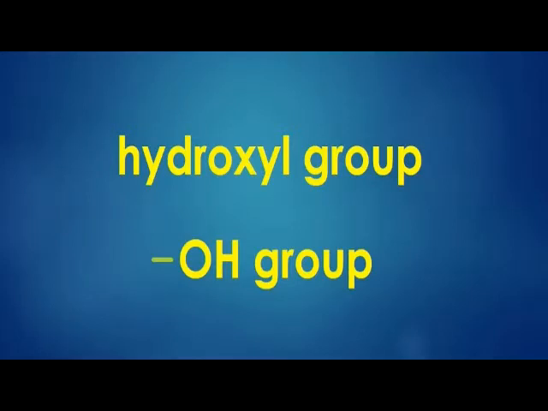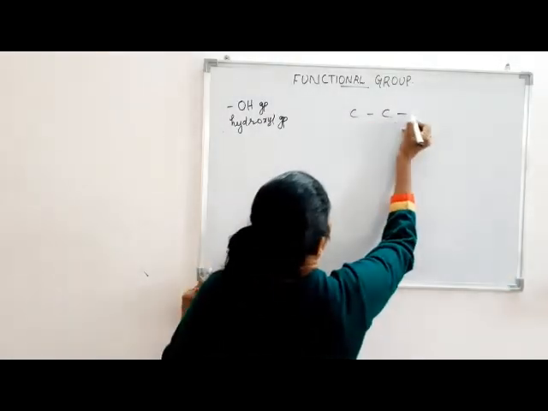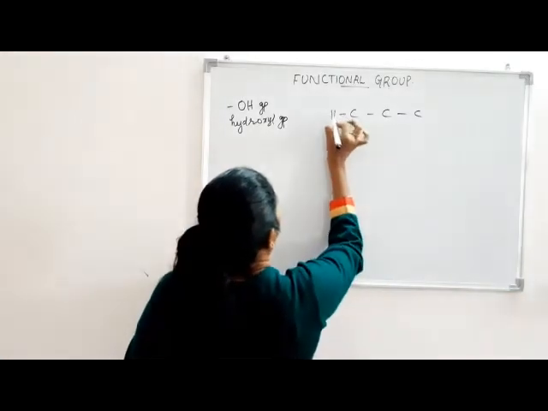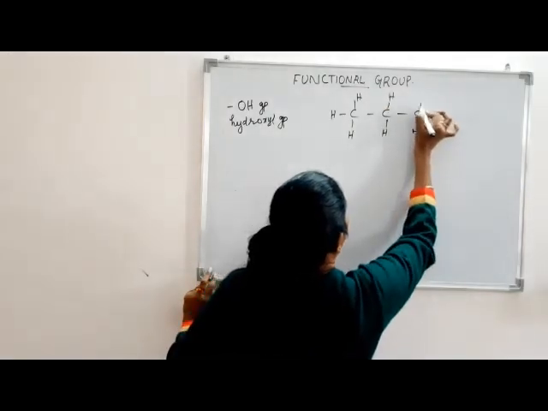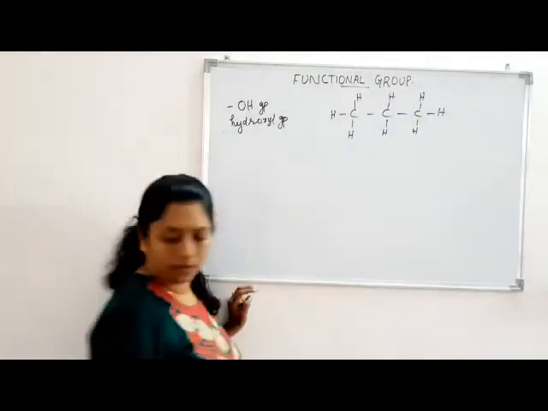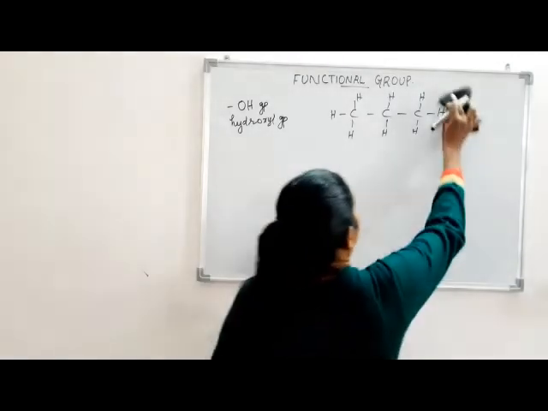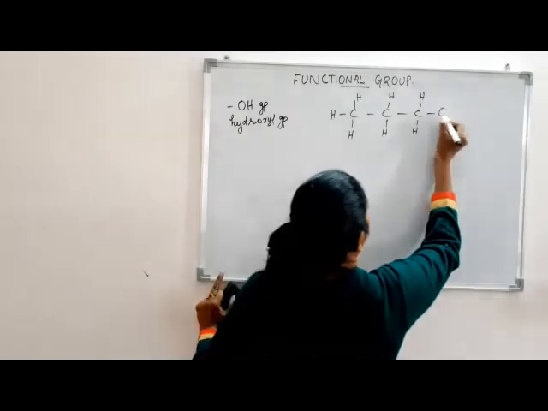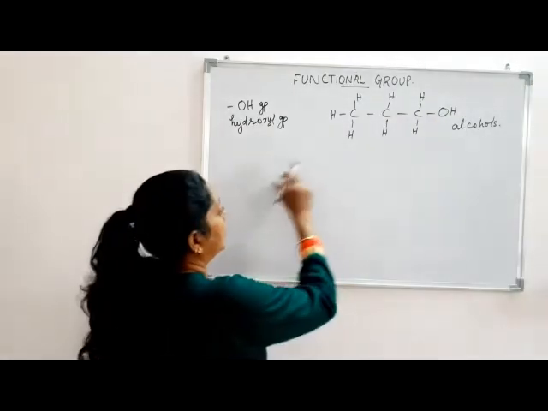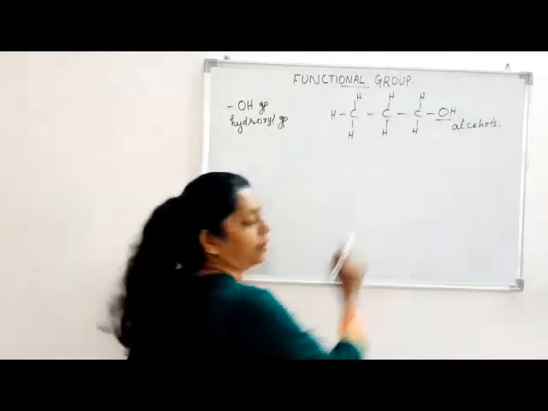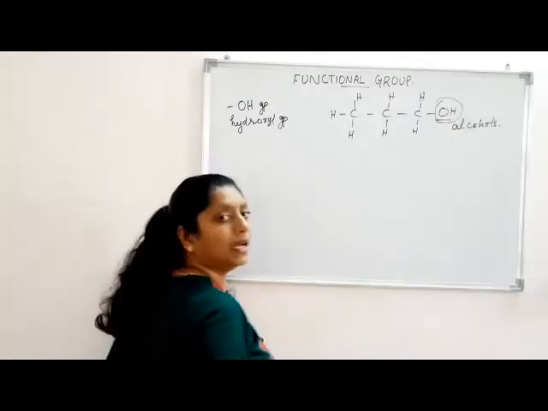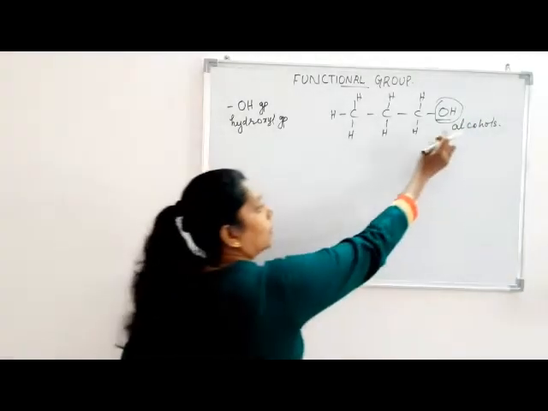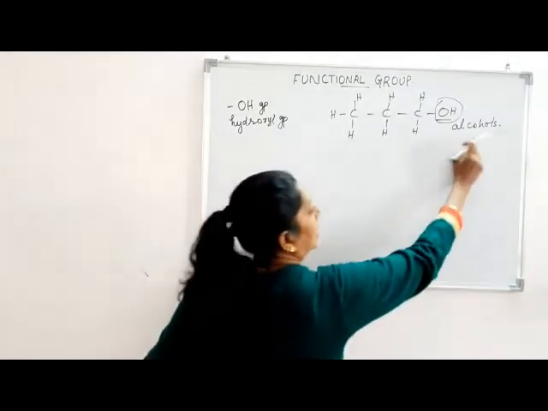Not only atoms but a group of atoms can also act as a functional group. For example, OH group. It is called hydroxyl group. This is our propane molecule, 3 carbon atoms and hydrogen atoms are linked, and carbon atoms are linked with single bonds like this. If we remove a hydrogen atom and replace it with an OH group, OH group is called hydroxyl group. Okay. So here a hydrogen atom is replaced by an OH group in this propane molecule. One of the hydrogen atoms is replaced by OH group. So such compounds having OH group as the functional group are called alcohols.